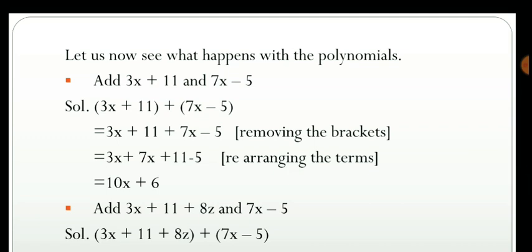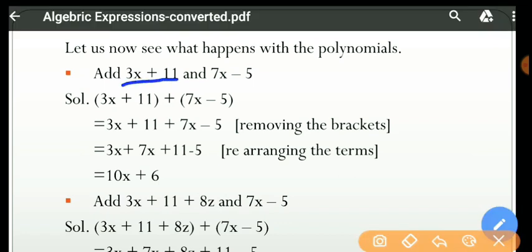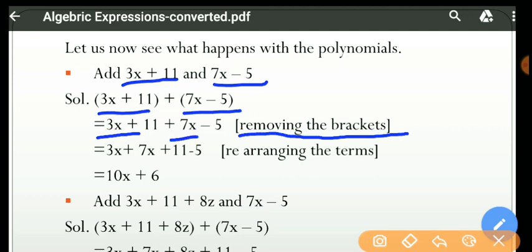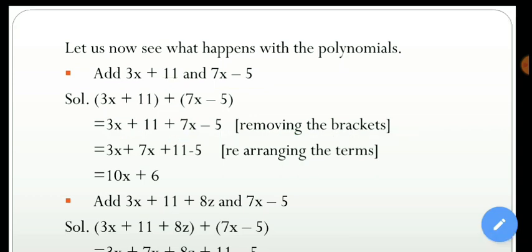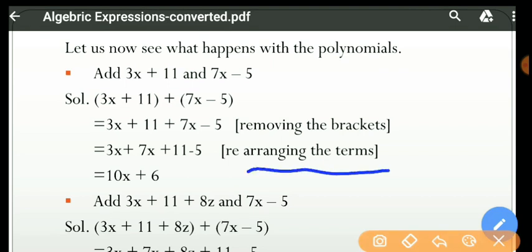Let us now see what happens with the polynomials. Polynomials means expressions containing more than one term. Let us now add 3x plus 11 and 7x minus 5. So first of all we are removing the brackets. Okay, 3x plus 11 plus 7x minus 5. Then we did what? Rearranging the terms. 3x and 7x are like terms, so arrange them: 3x plus 7x. 11 and minus 5, we have written it. 3x plus 7x, can you tell me? Yes, 10x. 11 plus minus 5, 6. So our answer is